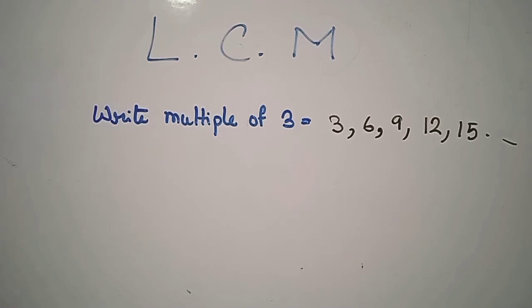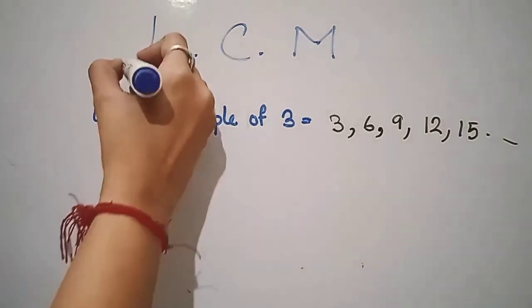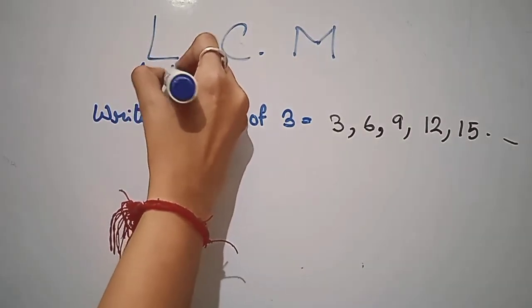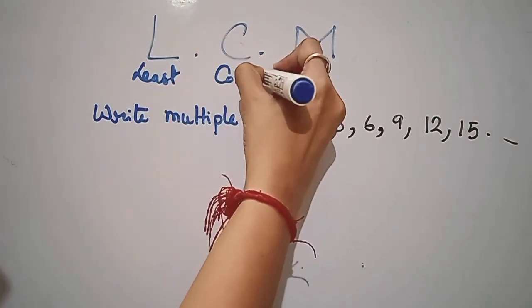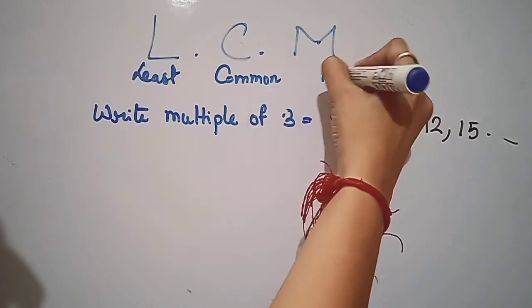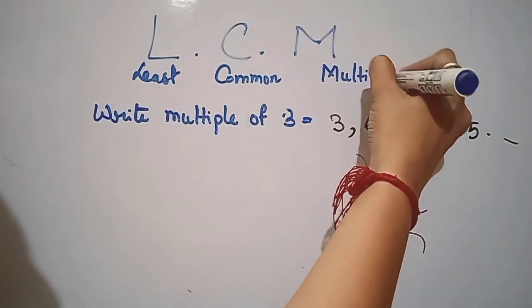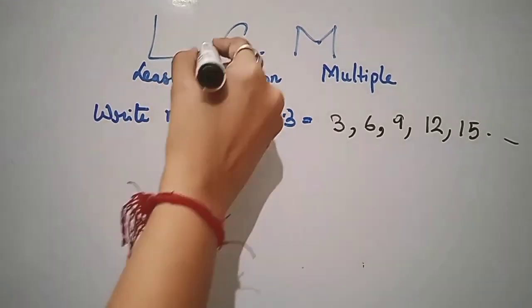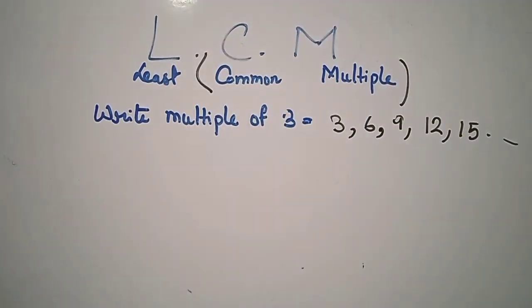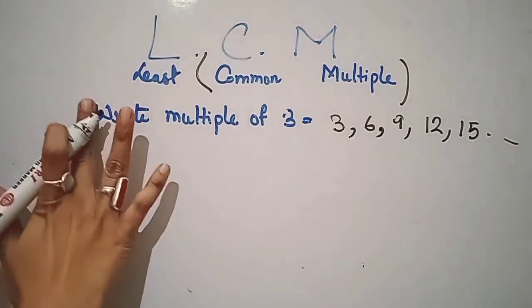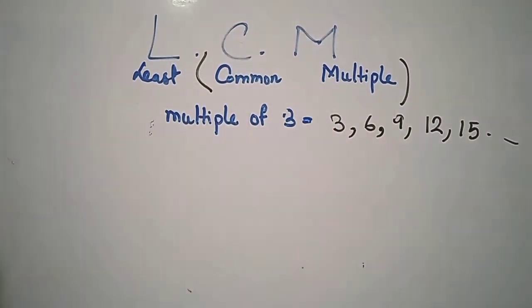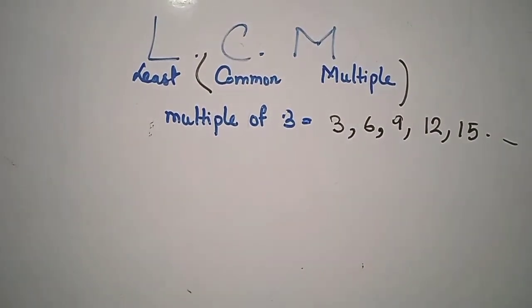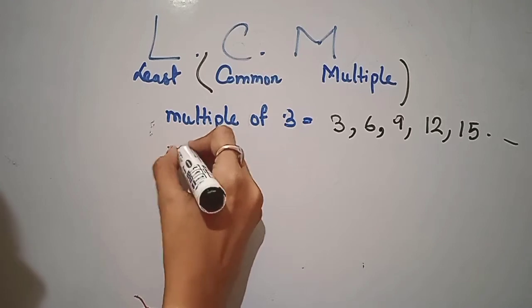Now in this chapter, that is LCM, we have to find the least common multiple. So what is a common multiple? First focus on this: what is a common multiple. The multiples of 3 we have already done. Next I'm writing the multiples of